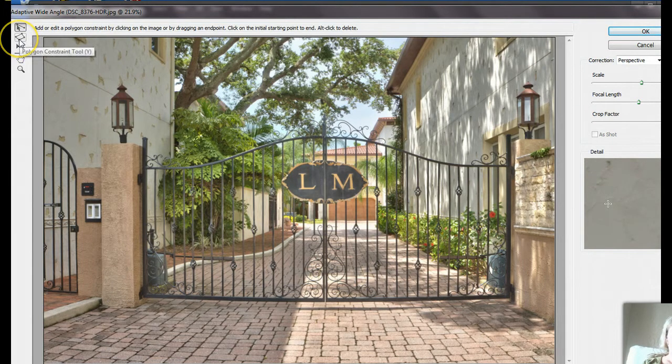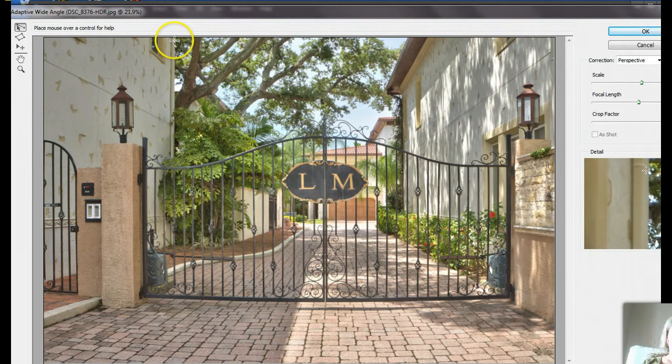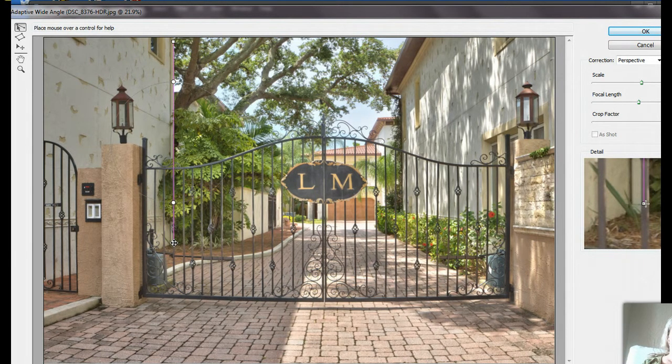So I'm going to start off by using the constraint tool right here, and I'm going to go to this wall right here and hold down the shift button and click on there, and then I'm going to drag it down here to the bottom of the wall and click again, and that tells the program that that is a vertical